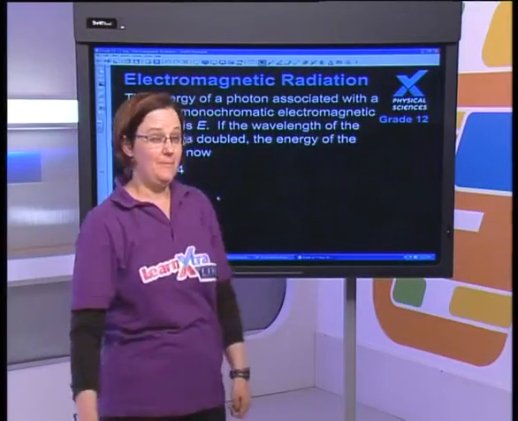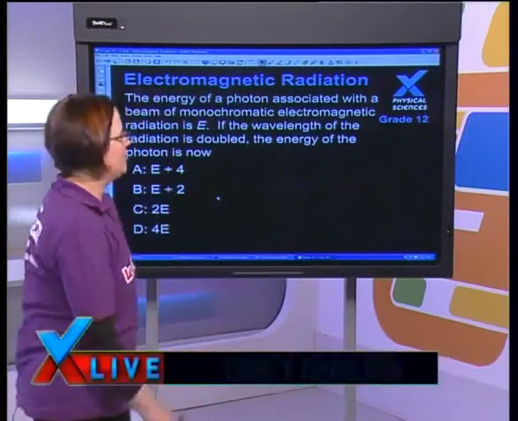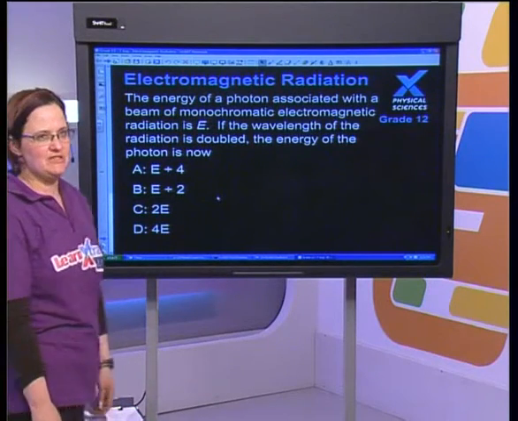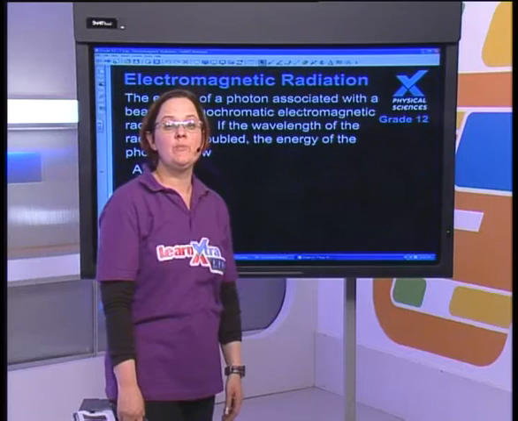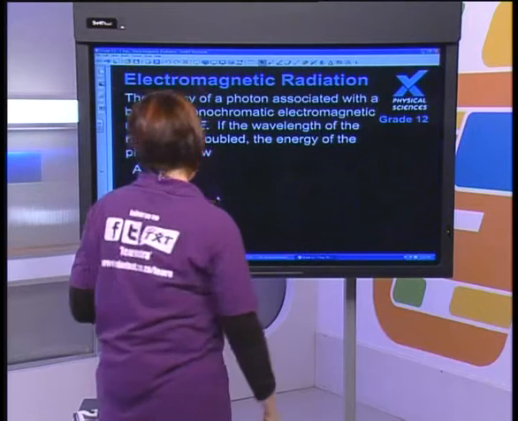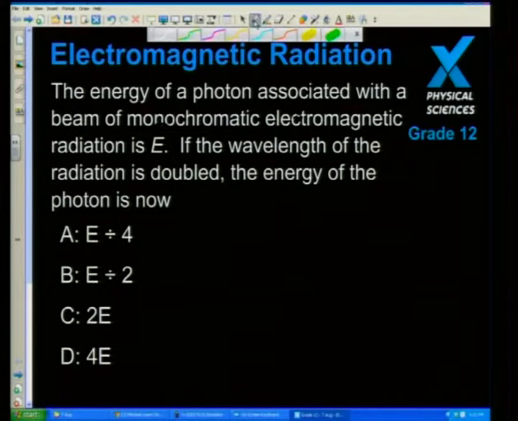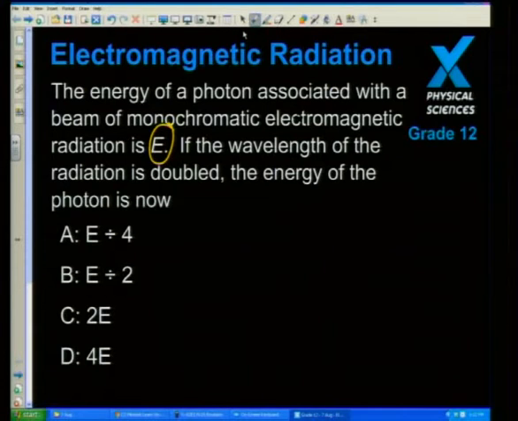Before we jump right in, here is your challenge question. You don't need to rush too much about taking it down. I'm interested to see how many of you get this right. We will be posting the challenge question onto the website and the Facebook page in the next break. The question is: the energy of a photon associated with a beam of monochromatic electromagnetic radiation is E. If the wavelength of the radiation is doubled, the energy of the photon is now: